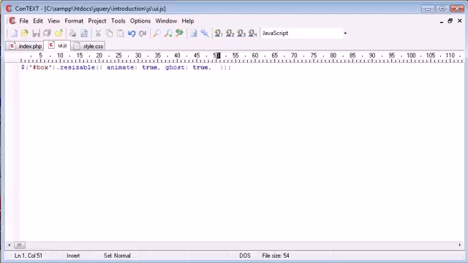Okay, so another thing we can do is we can specify a grid. Now we saw this in the draggable interaction in the jQuery UI as well, and with the grid we can specify a numerical value or two numerical values within square brackets that represent a grid that the element will